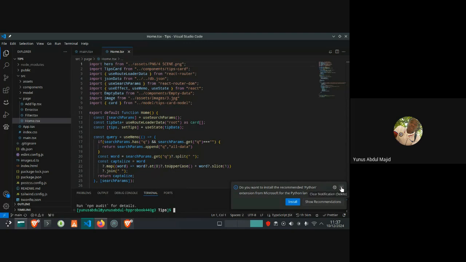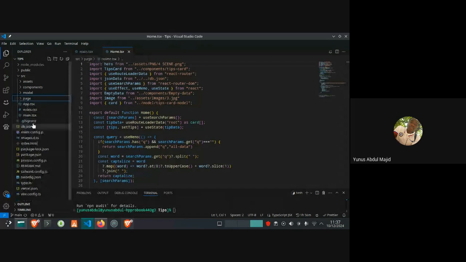So this is the project, this is how it looks. Let me explain what each of the components is before we dive into writing the code. I said I will show you how to handle the routing from scratch.